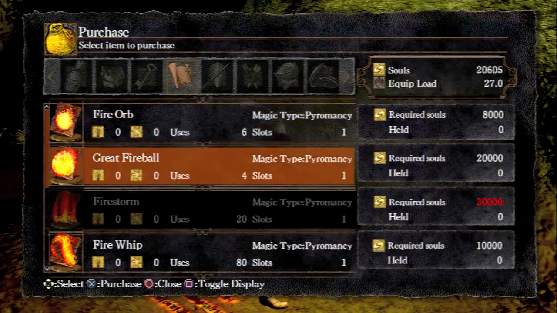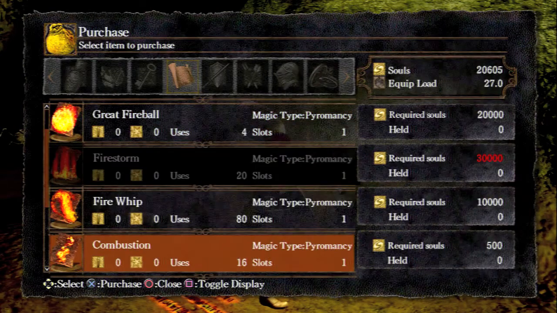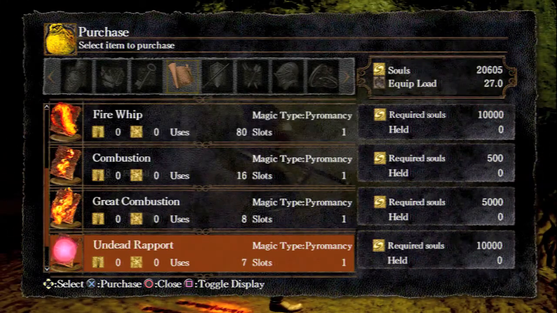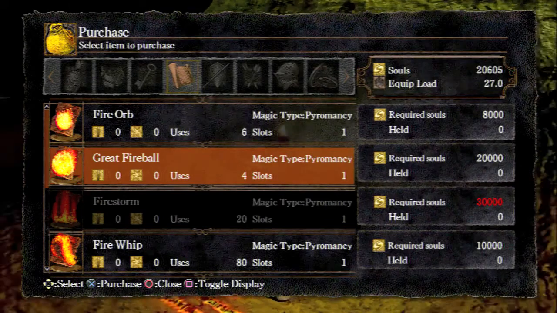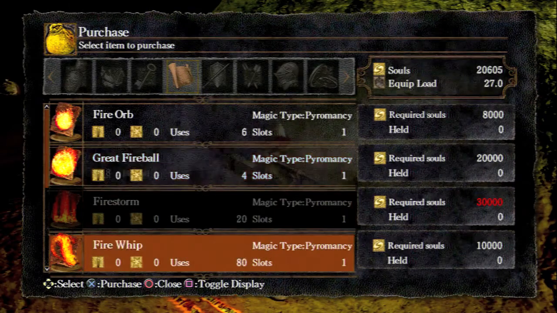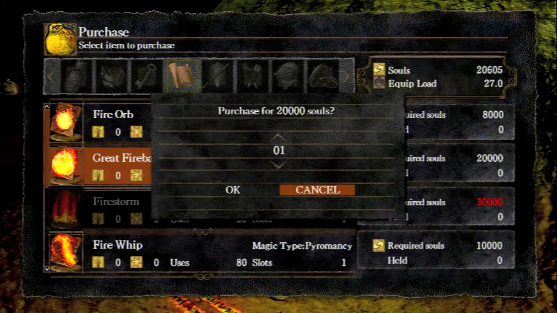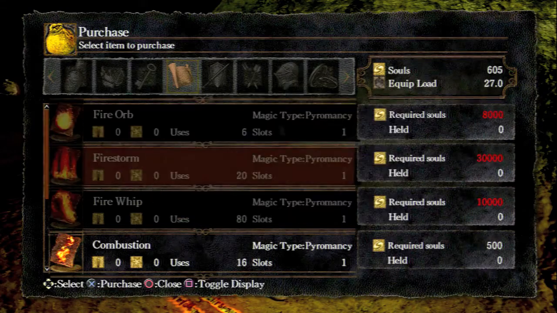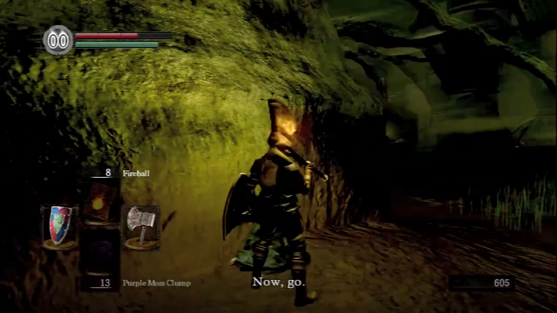Right, so here is where you can buy the high level pyromancy spells. I'll buy Great Fireball because that's one of the ones that I tend to use the most in the game. Of course, doing this, I'll be left with 600 souls. There we go. Means that I'm essentially foregoing the